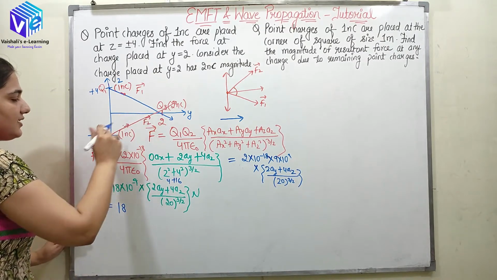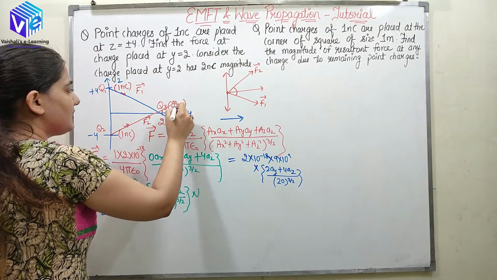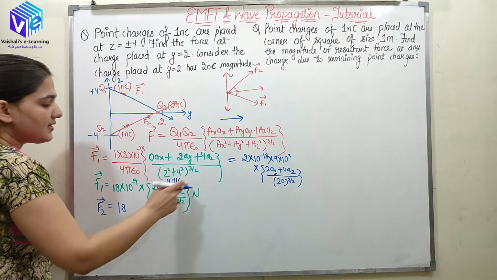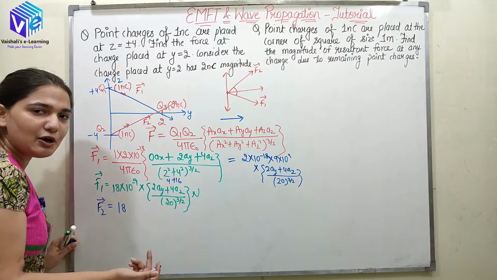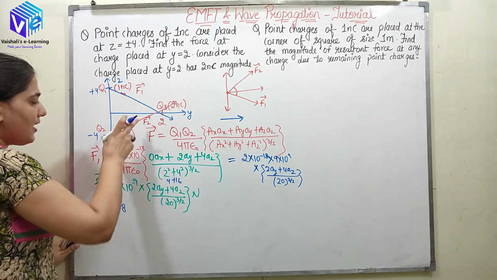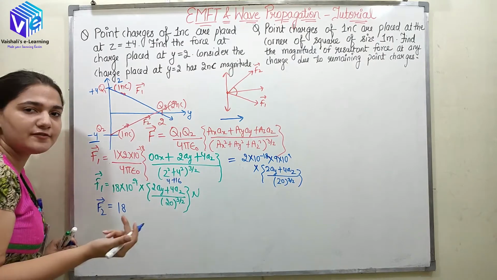So here we have the same charges. Charges are 1 nanocoulomb and the charge here is 2 nanocoulomb. Okay, the distance is also same. Distance will be denoted by this vector only. So unit vector will also be same. Only here I have minus 4. Distance is same but the coordinate has changed, so direction will be changed.